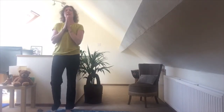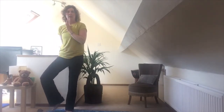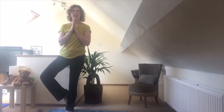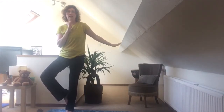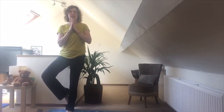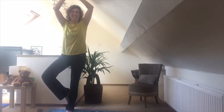So we're going to just practice on the other side. Have a little wiggle, have a little shake. Turn your leg out to the side. Ready to lift your toes and place them wherever you want to practice your balance. Hold on to something if you need to. Try and practice your balance. Stretch up high to grow your tree branches. Well done, and there's our